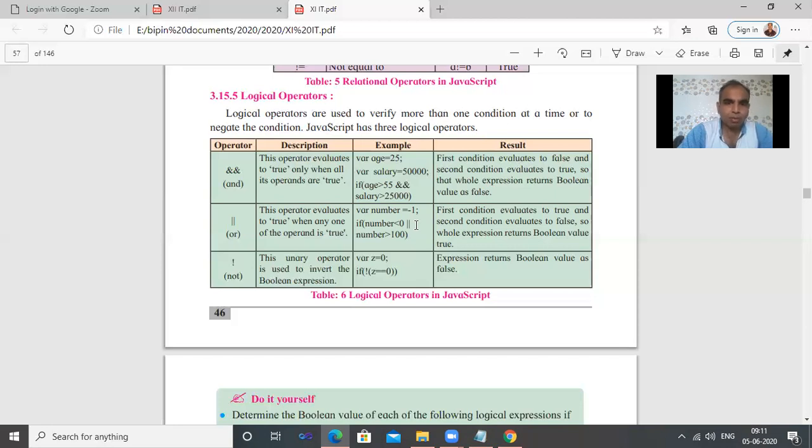Otherwise both expressions are false, so it is false. Unary operator, not: z is equal to 0 means the expression returns boolean value false. The statement's value is true but not means not true, that is false.